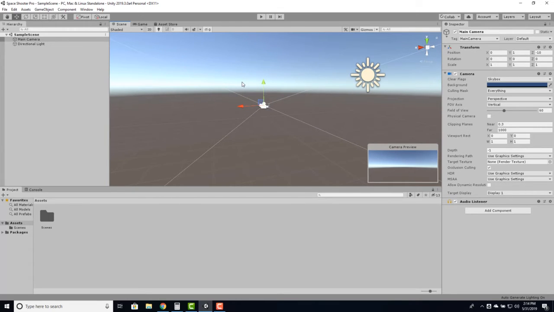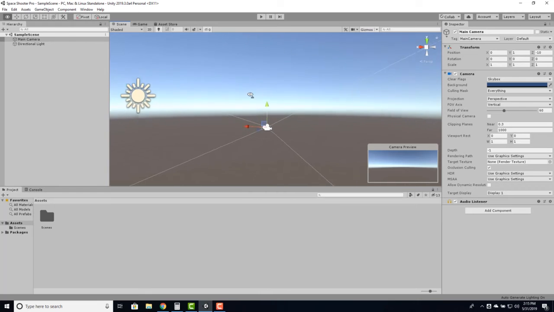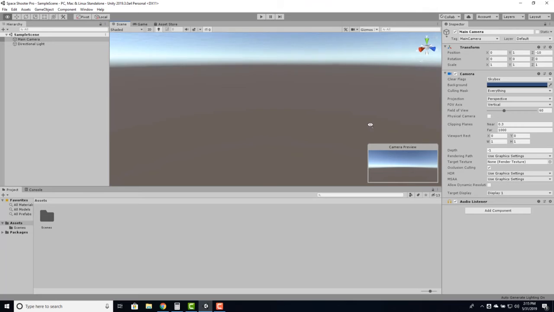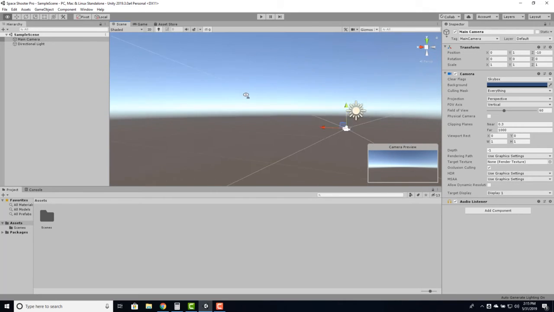But what we find is that FPS mode is much more enjoyable. To enter FPS mode, you simply hold down the right click and you use the WASD keys to move around your environment as if you were playing an FPS game. This is going to allow you to maneuver around your scene and access individual assets that you want to get